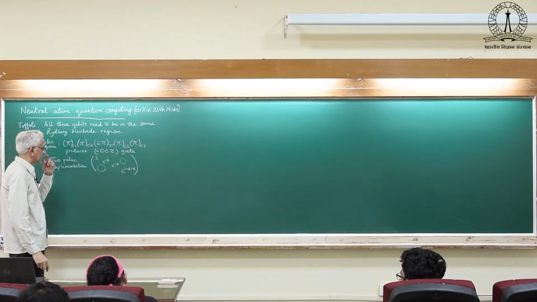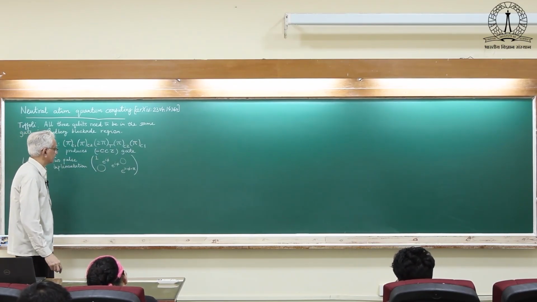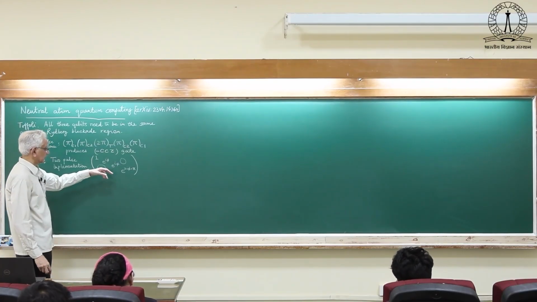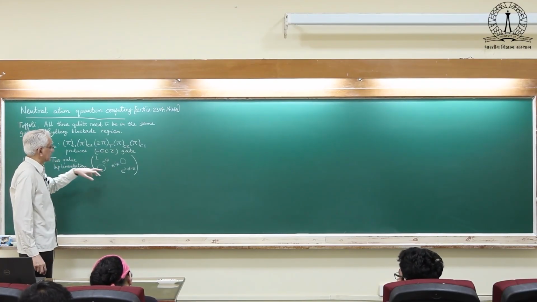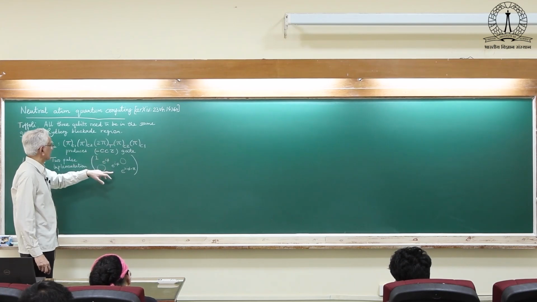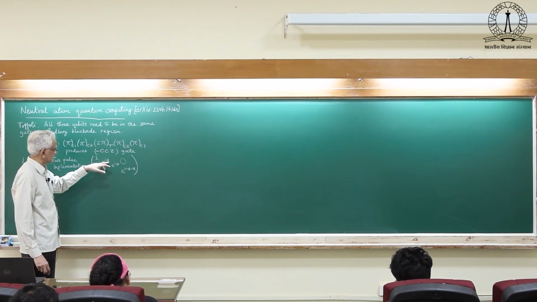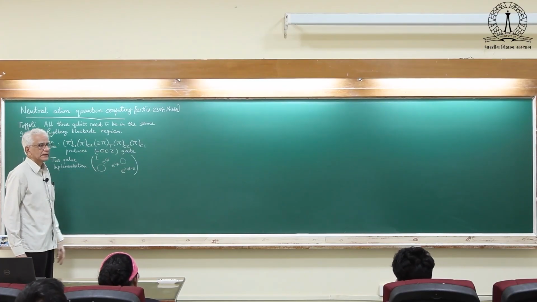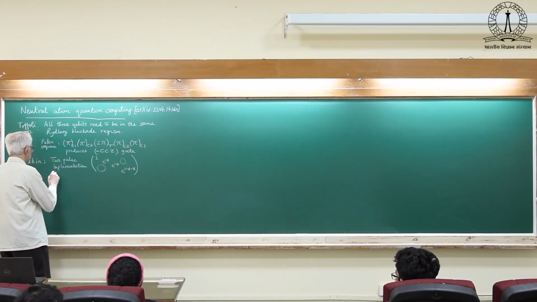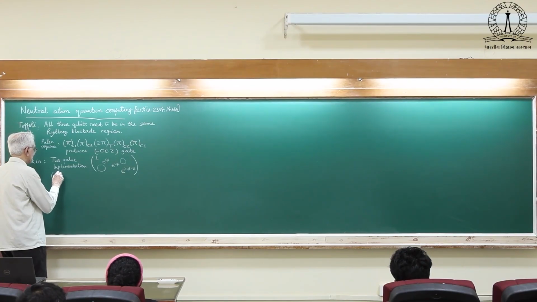So, the scheme which he developed implements this particular logic gate, and it's not exactly the control Z because this angle phi appears as an extra stuff, but the e raised to i phi can be absorbed